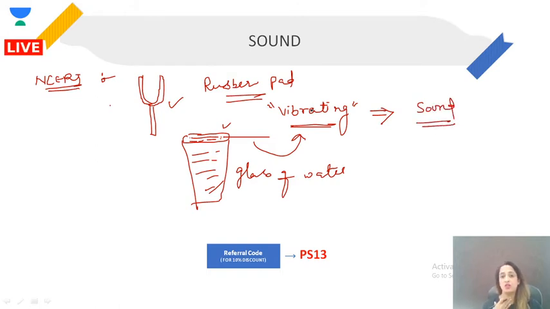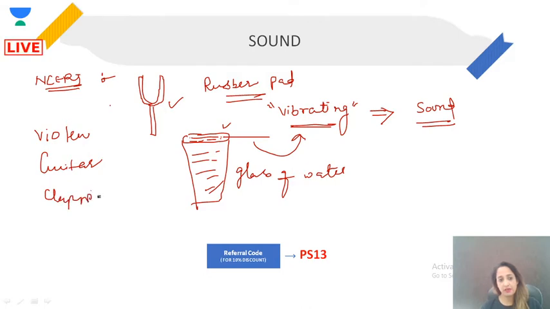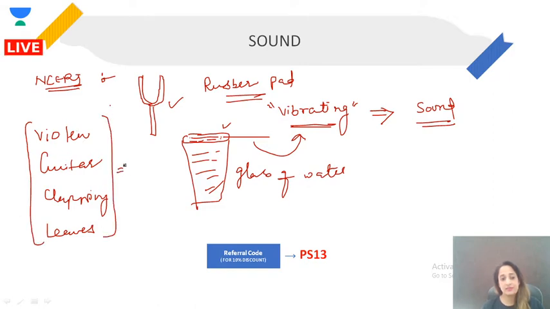Now see, as I'm talking, if I put my hand over my throat, I will feel a kind of vibration. Similarly, if somebody is playing violin, somebody is playing guitar, you guys are clapping, or the leaves of the tree are moving faster with the wind, in all these activities you will see there is some kind of vibration. So we can conclude that,